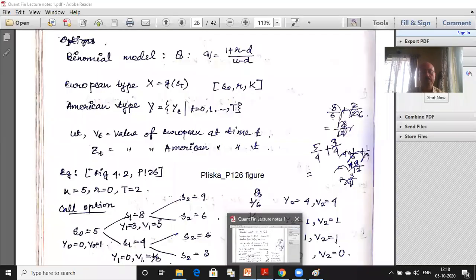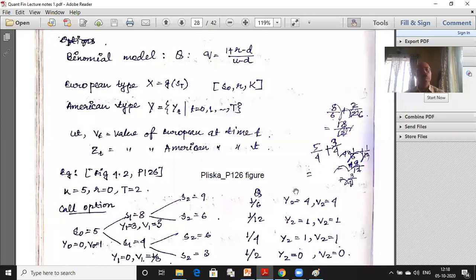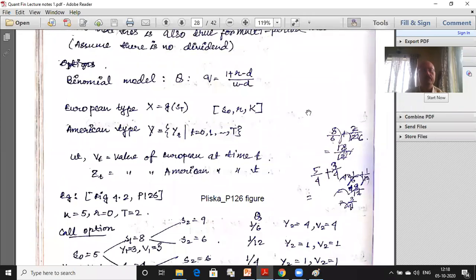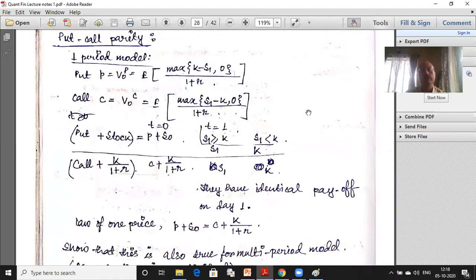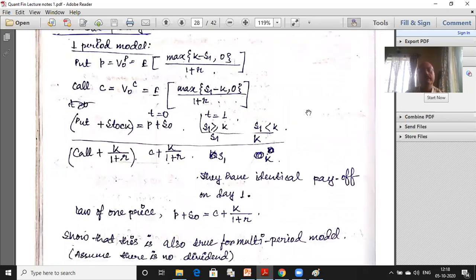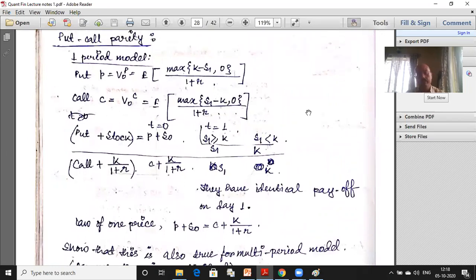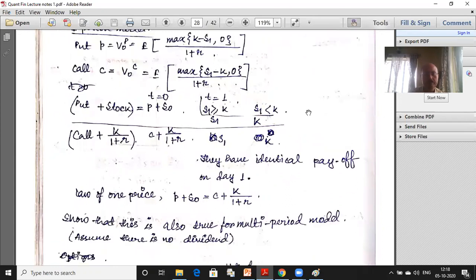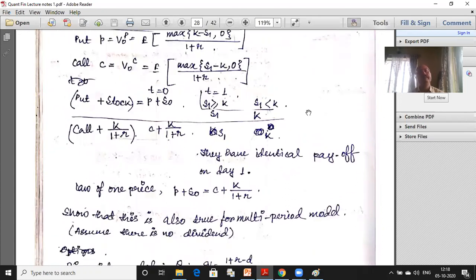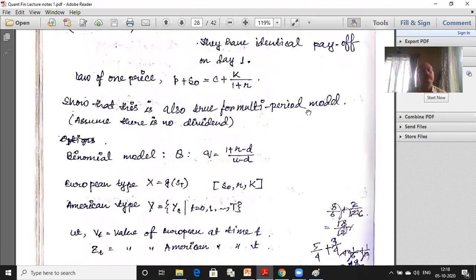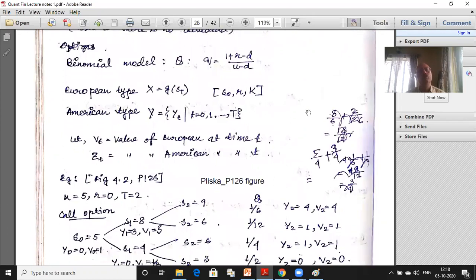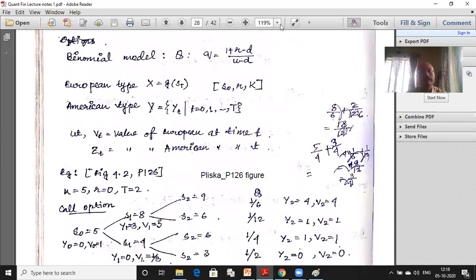Where am I? Okay. So we were here. We were talking about different kinds of contracts, and we also discussed the put call parity in between, which is a very important result, and it's used quite often in financial asset pricing. Now, let us explicitly go to the binomial model. Okay. So now I think it's time we can explicitly go to the binomial model, where the risk neutral price is calculated using this expression.